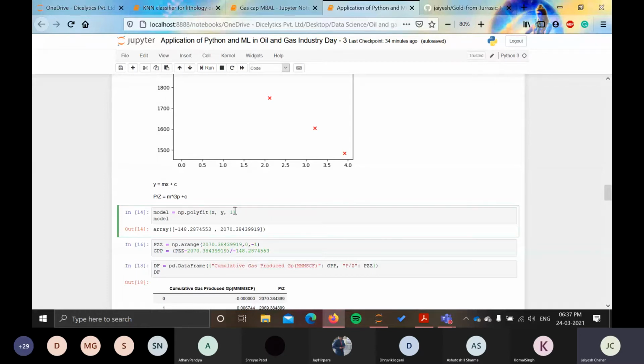If we have some equation like y equal to 4x square, then we give the input of 2, for x cube, something like that, we give input of 3. But here I know from my petroleum domain that the dependency of P by Z and GP will be of first degree only, so I use the first degree fitting. So when I print the model, when I want the output of model,